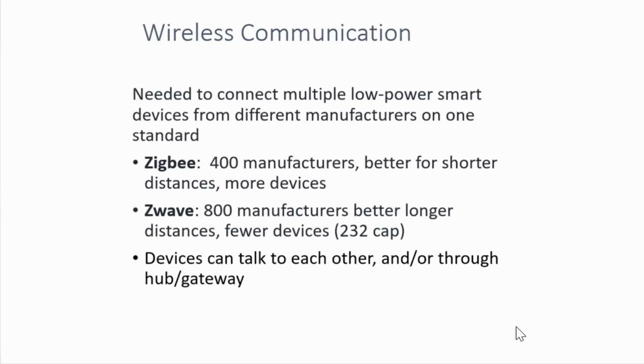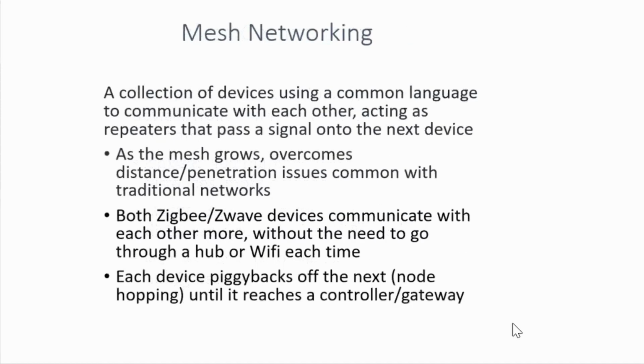Okay. So again, devices can talk to each other, or they can talk through a gateway device. And when we say talk to each other, that's the concept of mesh networking. It's a very key concept to IoT. So you have devices that can piggyback off each other, right? They act as repeaters. So if you're trying to, let's say IoTify this room, and you're trying to create sensors maybe in the ceiling, you would maybe position them 15, 20 feet apart. But the one sensor from here would talk to the one that's closest to its neighbor. Does that make sense? So it becomes like a mesh network.